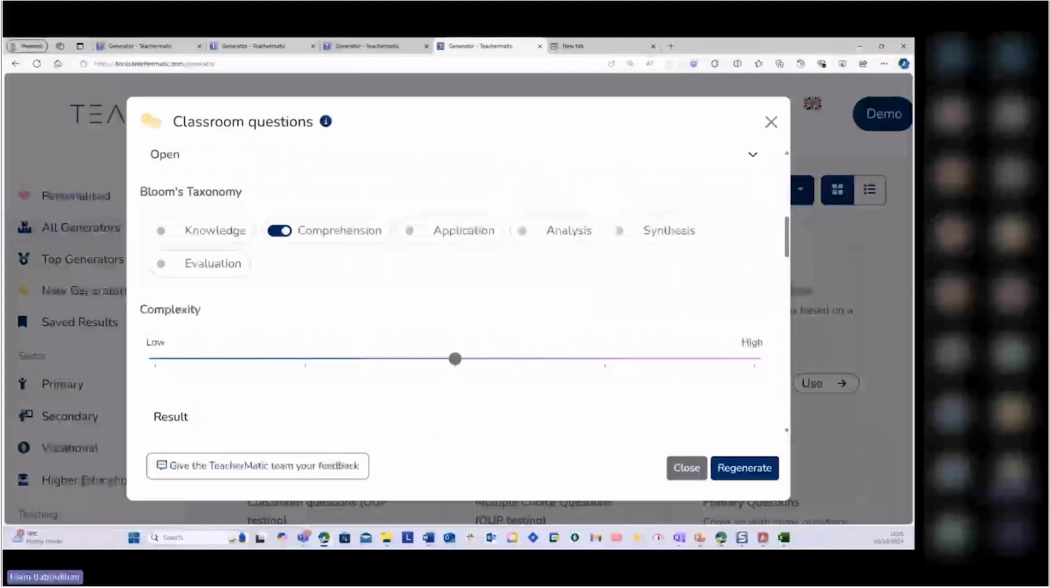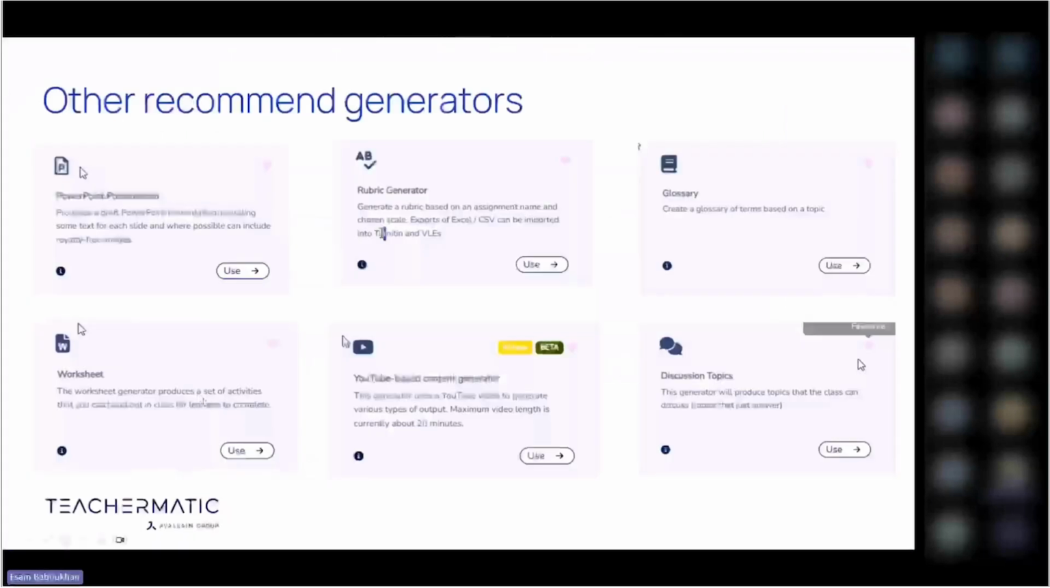Now, there are other recommended ones. So obviously, if that lesson plan probably will require you to do a PowerPoint, I would be using the PowerPoint presentation generator to create that PowerPoint. Remember, it's a strong first draft. Then you need to go and amend it, but that's going to save me literally probably 2-3 hours of time